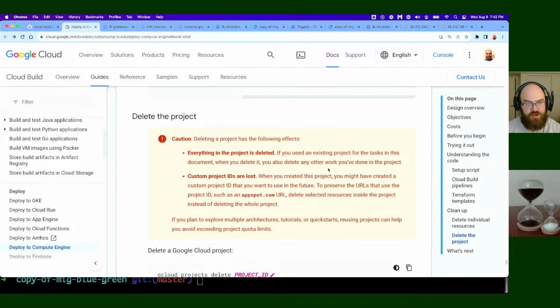When you create this project, you might have created a custom project ID that you want to use in the future. To preserve the URLs that use the project ID, such as an appspot.com URL, delete the selected resources inside the project instead of deleting the whole project. That's another reason I did a key smash: I didn't want to burn a project ID that I might want to use in the future, although I don't think I'll ever really need a blue-green project. But anyway,